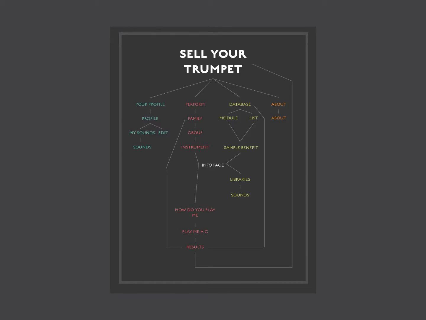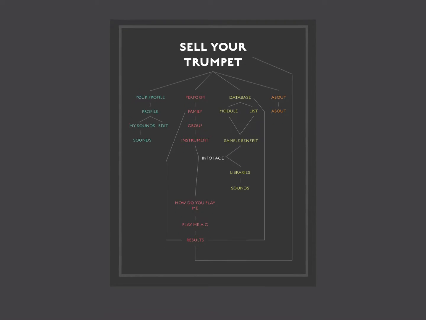Welcome to Sell Your Trumpet, an application designed to analyze your ability to play various instruments from around the world and provide you with the sample benefit score. The sample benefit score is essentially a numerical value to the benefits you receive when sampling that particular instrument digitally as opposed to acquiring it from its country of origin and learning to play it. The benefit is measured assuming you are aiming to reproduce that instrument sound with complete accuracy on a wide range